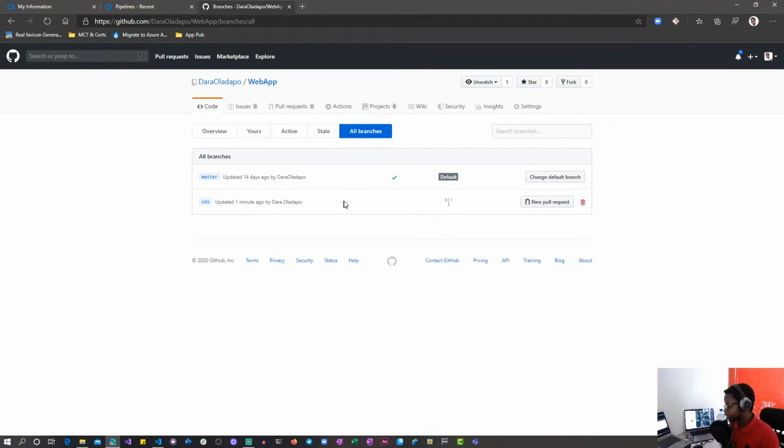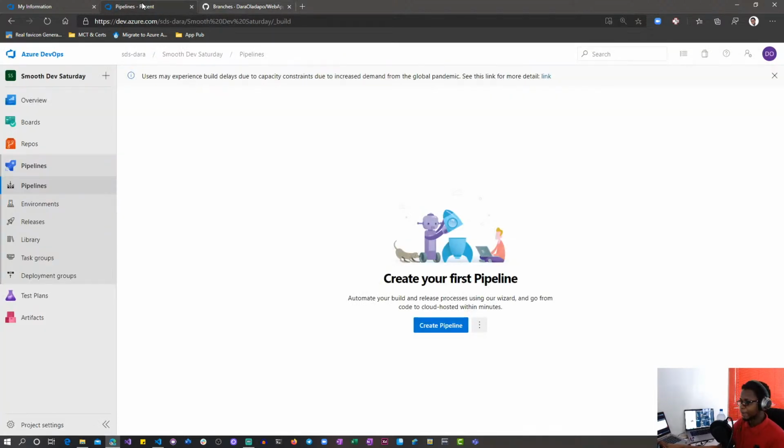Okay, so I'll go back into Azure DevOps, and I will create my very first pipeline. So the pipeline enables me to configure my builds and releases. I have none so far, so I will just go ahead and say create pipeline. And then there are two ways I could do this. I could make it a declarative pipeline using YAML, or I could,